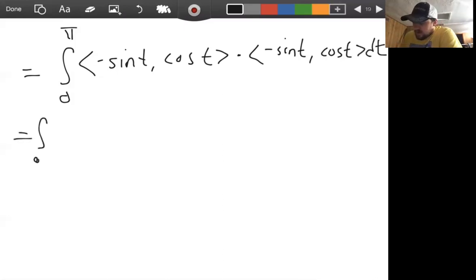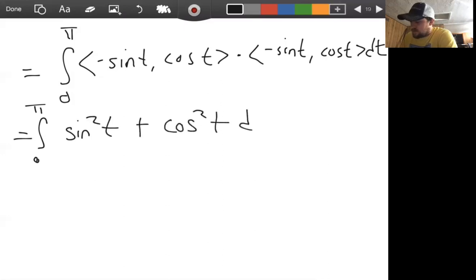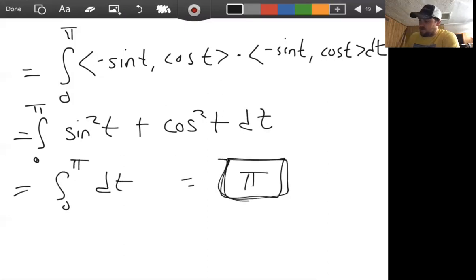Okay, so now we actually take the dot product here. And so we'll get negative sine t times negative sine t. So that's positive sine squared t plus cosine squared t dt, which is the integral from 0 to pi of dt, which is pi. And so this would be the work done